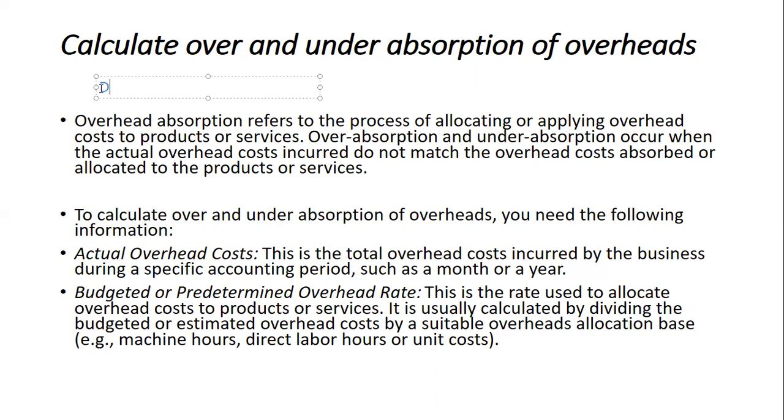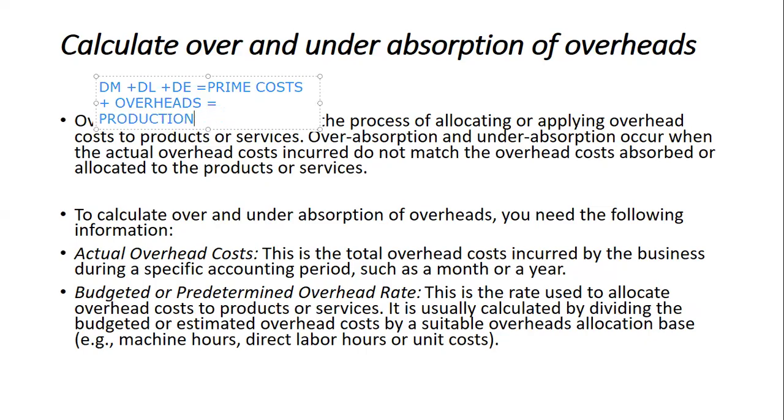It includes everything, which means direct labor, direct material, direct expense, which is what we call prime cost, plus the overheads. So our focus then is on the overheads to get production costs. Absorption costing includes everything to get the production cost for certain products. Now, our focus, yes, very important, is on our